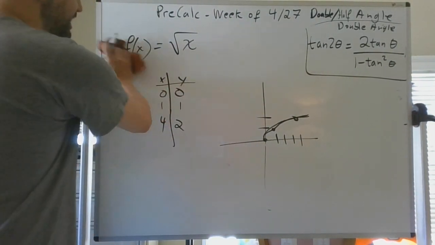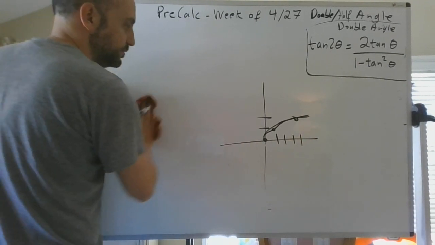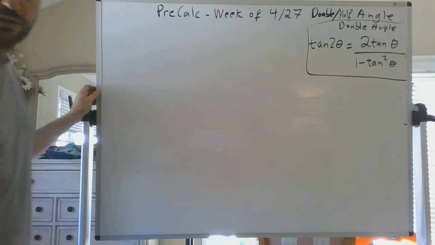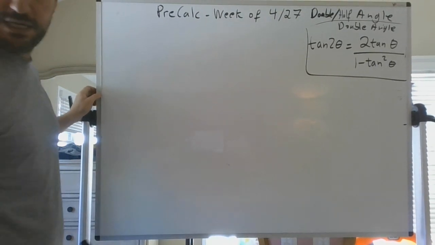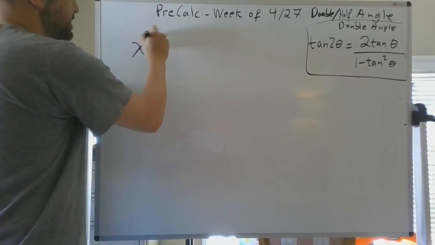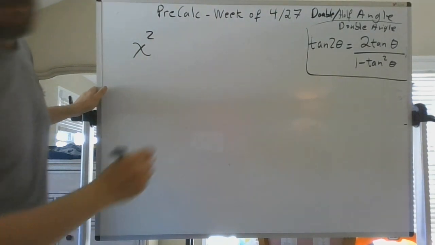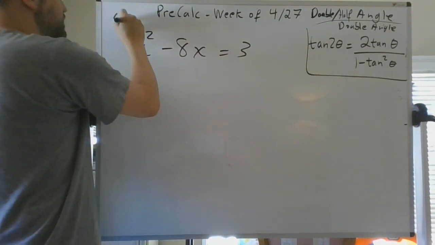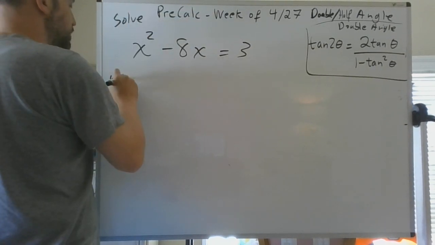And then one last thing I want to show you guys is a throwback to probably Algebra 2. I don't think many of you learned it in Algebra 1, but it's probably a throwback to Algebra 2. I'm going to give you a quadratic, but I'm going to write it like this. I'm going to say x squared minus 8x equals 3. And I'm going to ask you to solve this, but I'm going to ask you to solve using